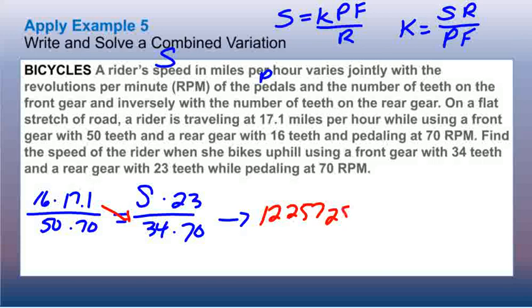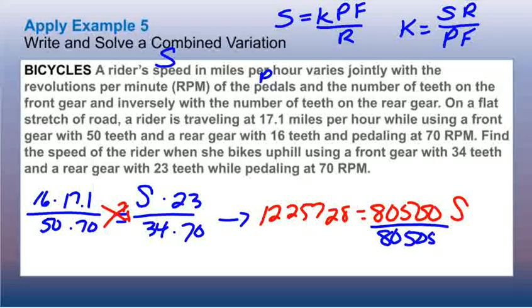1,225,728 equaling, cross multiply on the other side, I have 50 times 70 times 23 times S. This will give us 80,500 S. To get S by itself, I divide by 80,500. So 1,225,728 divided by 80,500. We get the speed equaling,